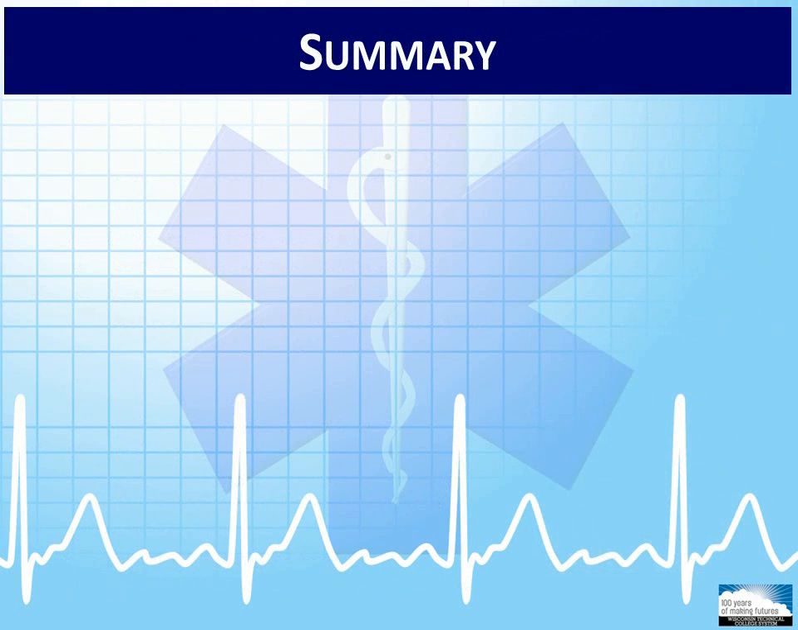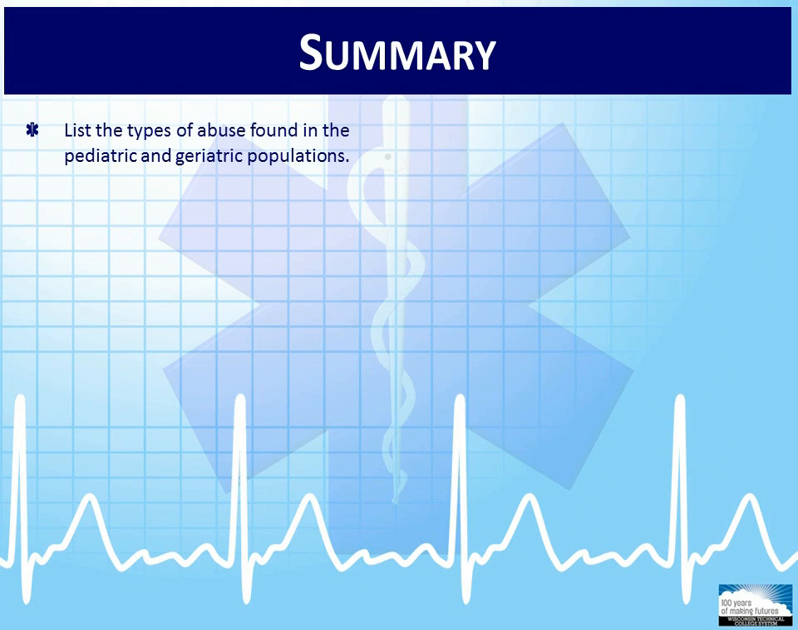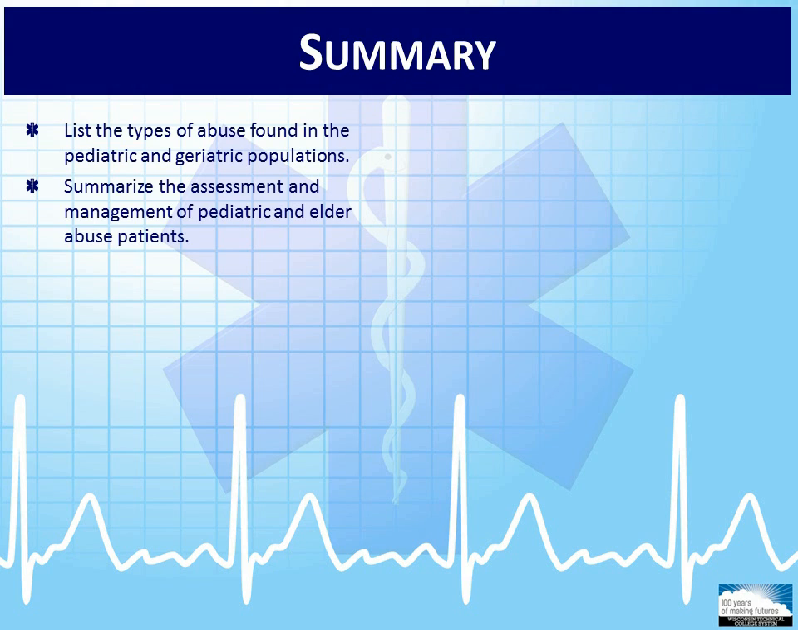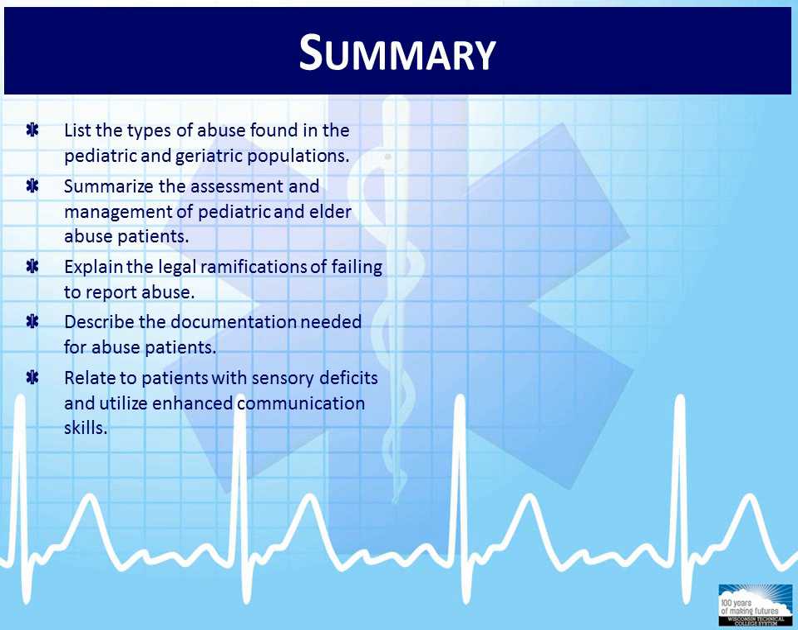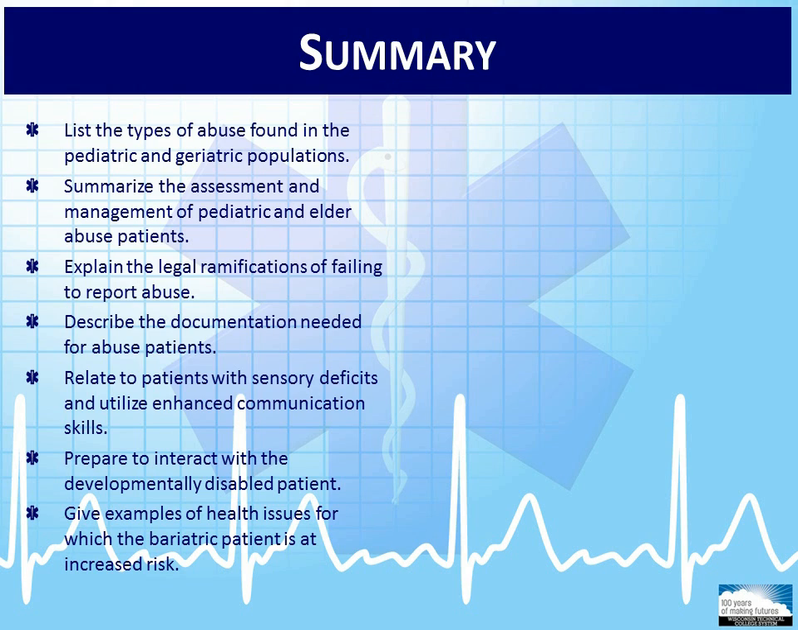Given your completion of this module, you should now be able to list the types of abuse found in the pediatric and geriatric populations, summarize the assessment and management of pediatric and elder abuse patients, explain the legal ramifications of failing to report abuse, describe the documentation needed for abuse patients, relate to patients with sensory defects and utilize enhanced communication skills, prepare to interact with the developmentally disabled patient, give examples of health issues for which the bariatric patient